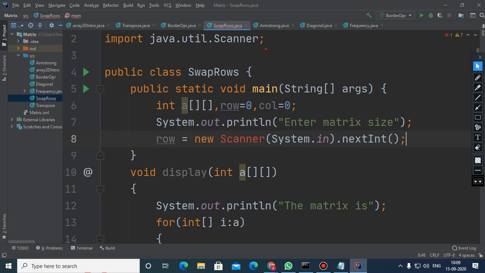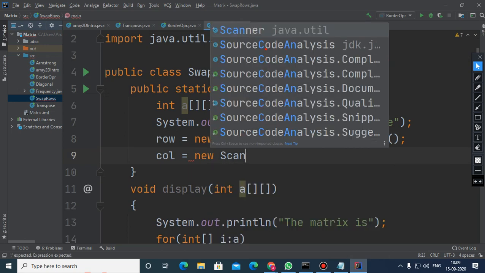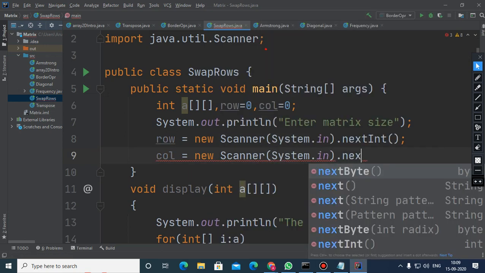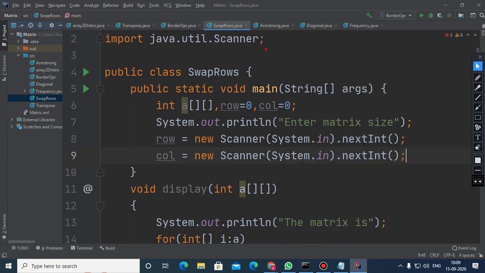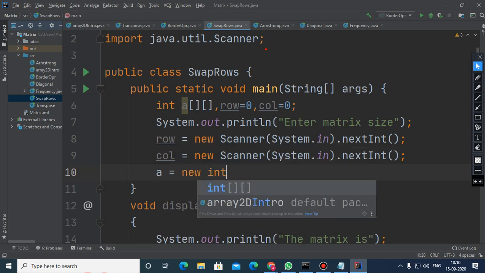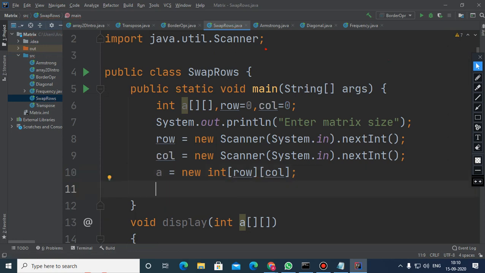This is what we have entered, and here new Scanner, the column also I have entered. Now I need to initialize it, matrix initialized, and after I have initialized I need to fill it.